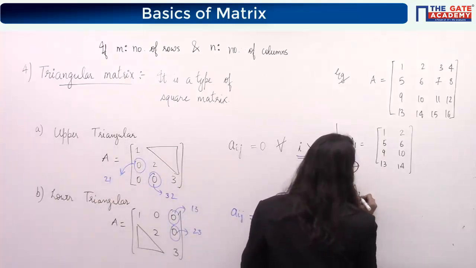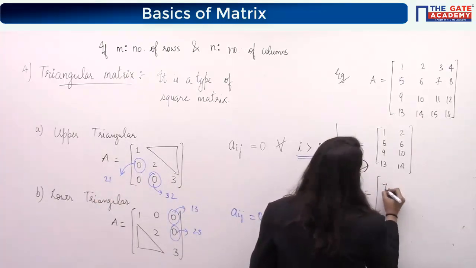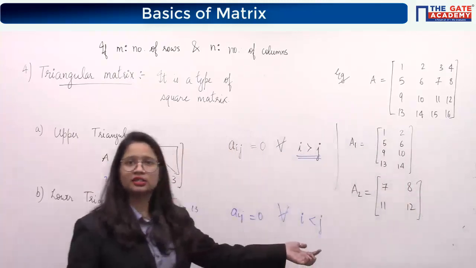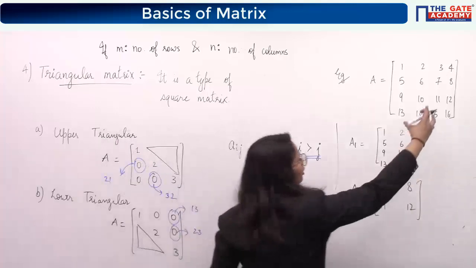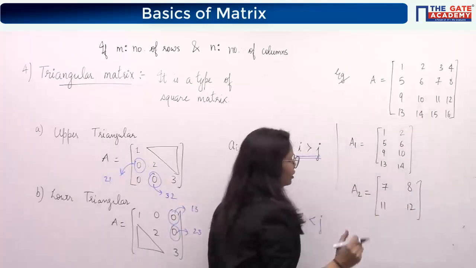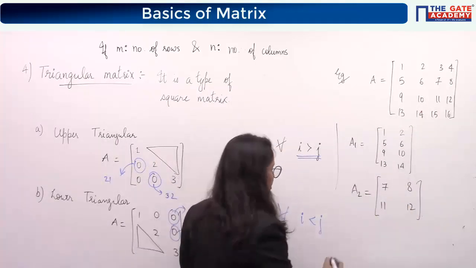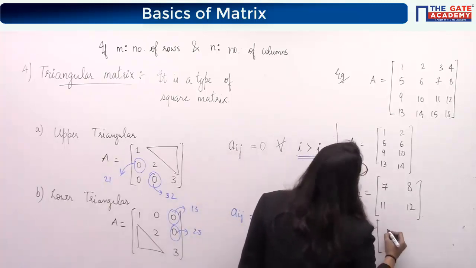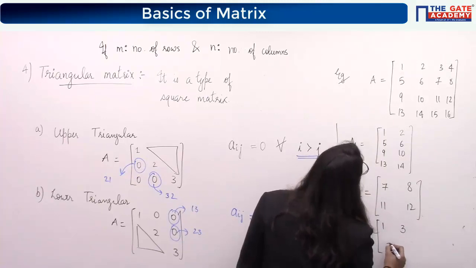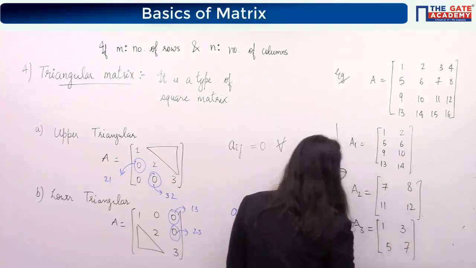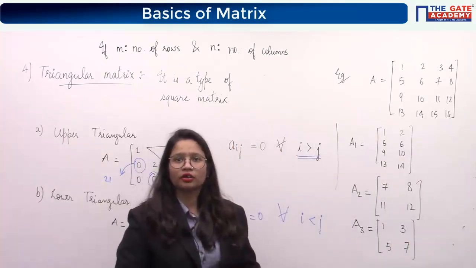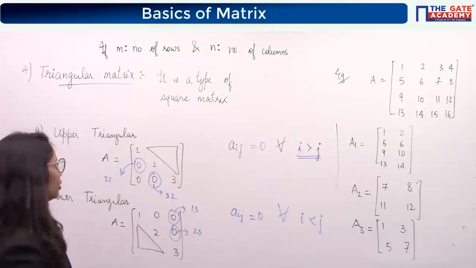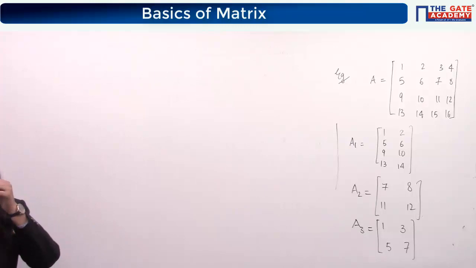It is a submatrix. If I say that, so again this will be a submatrix. It is a part of your matrix, which is this one. Okay, so it is a submatrix. Now if I write like this, tell me whether A3 is a submatrix or not. A3, is it a submatrix or not? Yes, it is a submatrix.